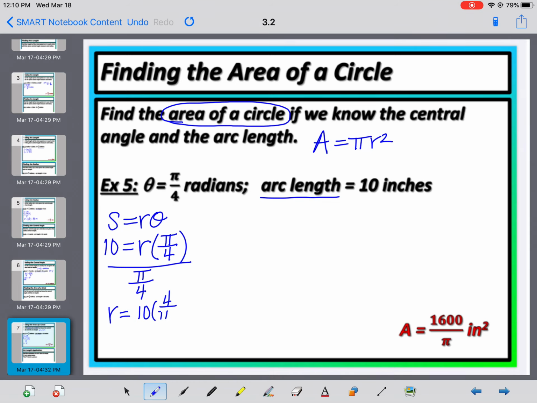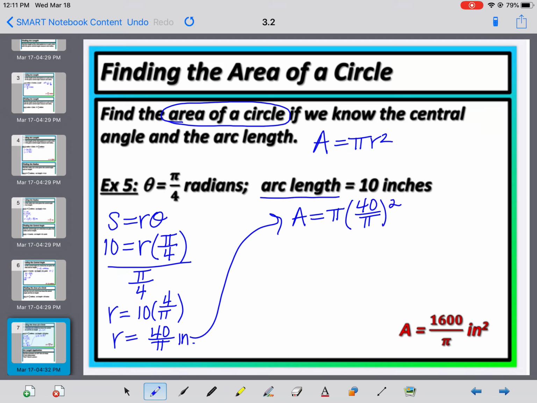Again, dividing by that value is really multiplying by its reciprocal. So my radius is 40 over pi inches. But that's not what the question was asking for. It was asking for the area of the circle. So we now need to take our radius and plug it into the area of a circle formula. So area equals pi